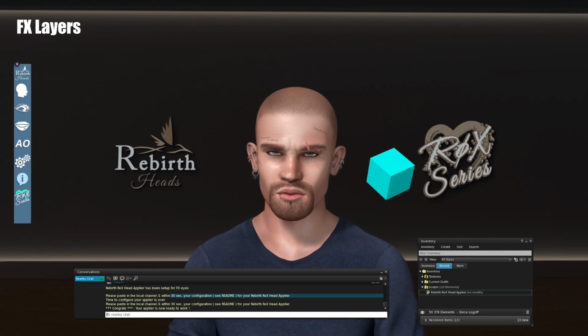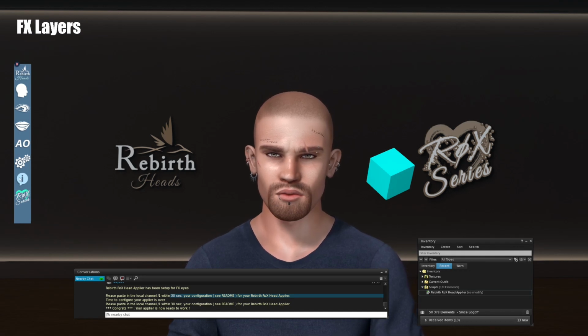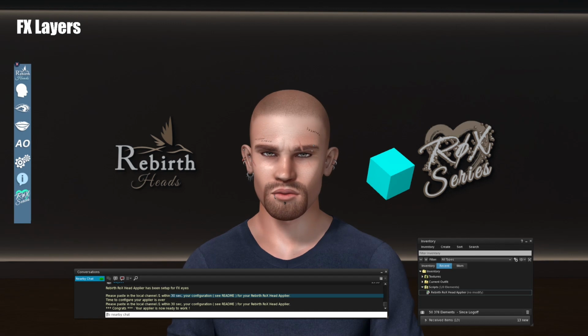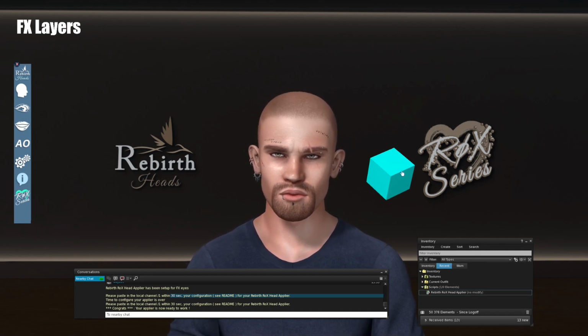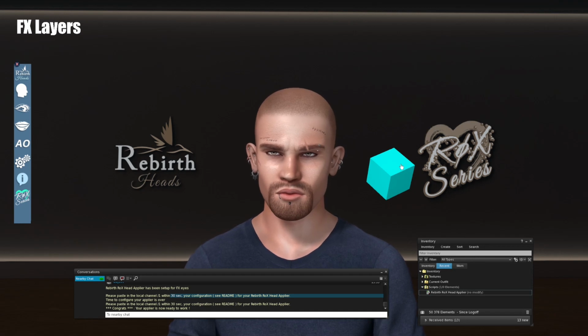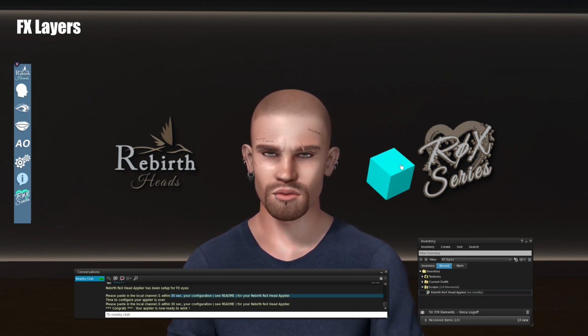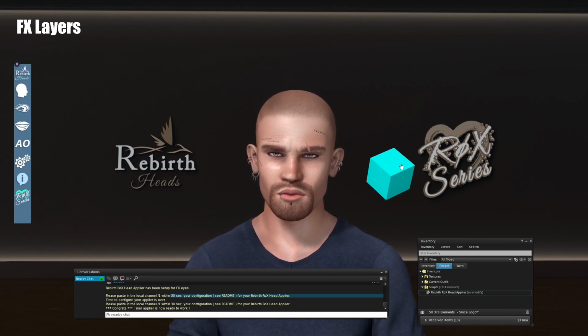To see the final result, it will be necessary that the user wears the head's HUD as well as the head itself, and when you click on the applier here, you will have a new visual and audio confirmation from the HUD which will send the information to the head, and we should see the cyber eyes appear directly above it in a few seconds.